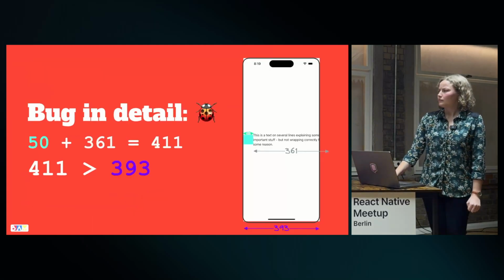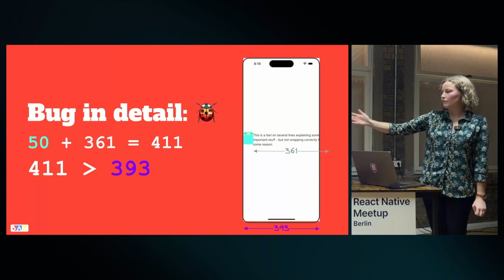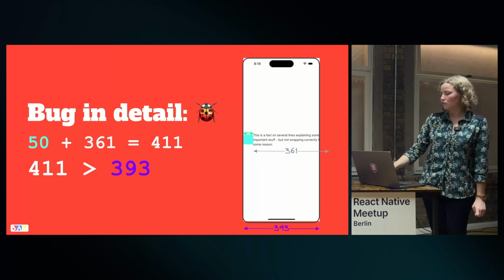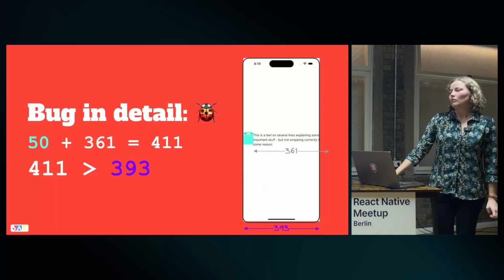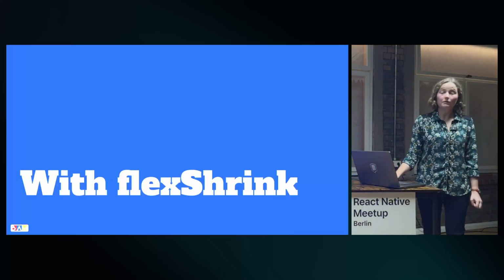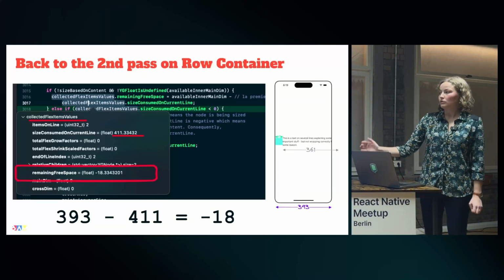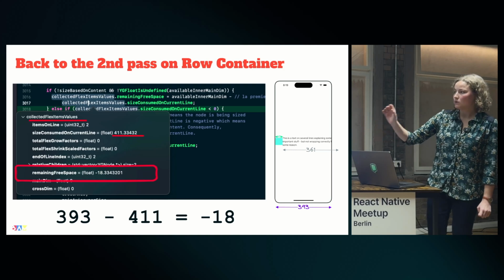Okay, the bug in detail: we have 50 plus 361, it's 411, it's bigger than, yeah, you can read it. Again, what happens with flex shrink in the algorithm? We do a second pass on the raw container. That's the moment where,